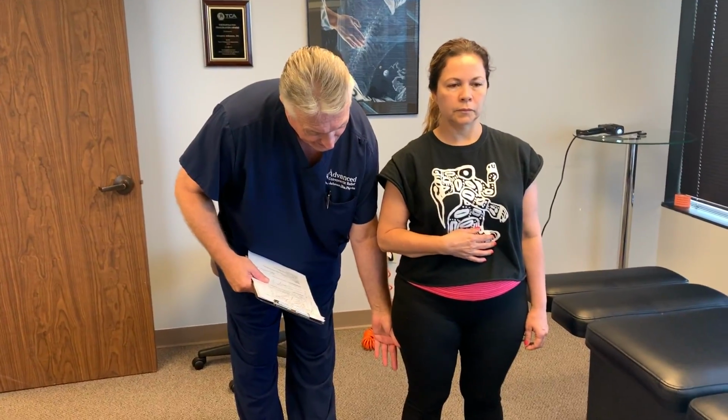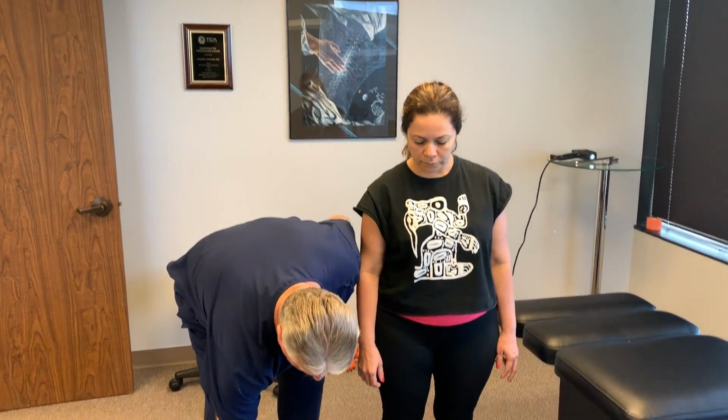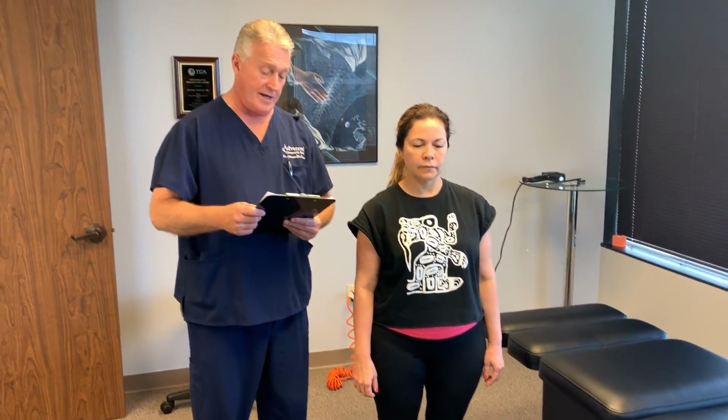She comes in complaining of low back pain and right sciatica that's coming out into her SI joint, down into her lateral thigh, and sometimes posterior thigh as well. She has numbness and tingling in the middle toes down here on the top of her foot. She has right ankle pain,